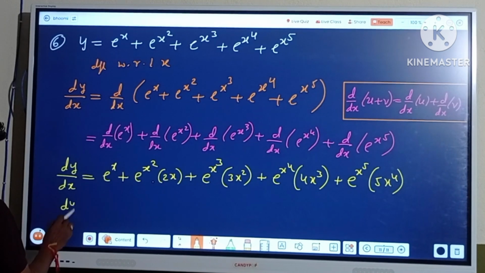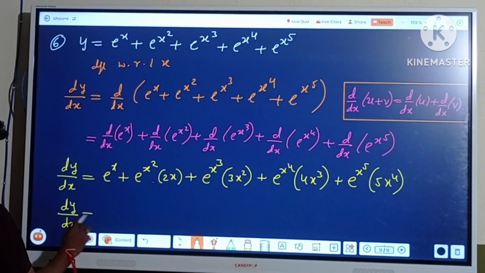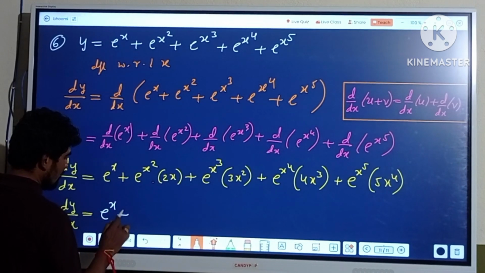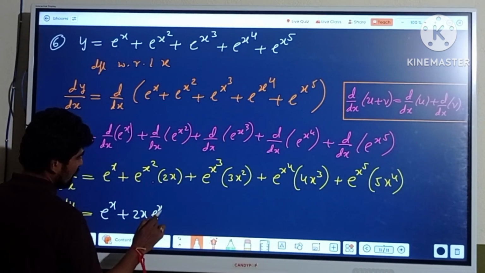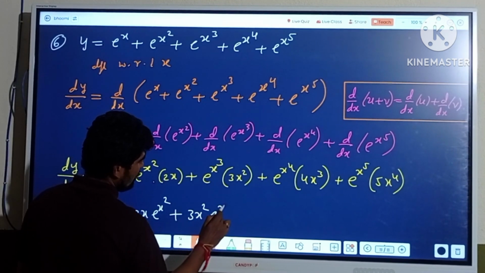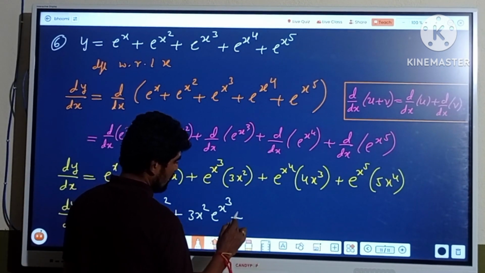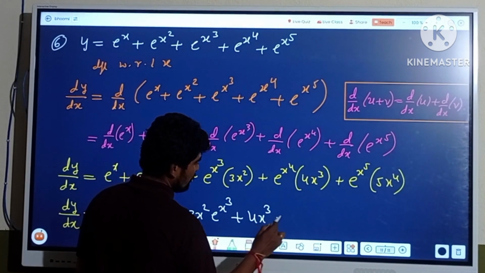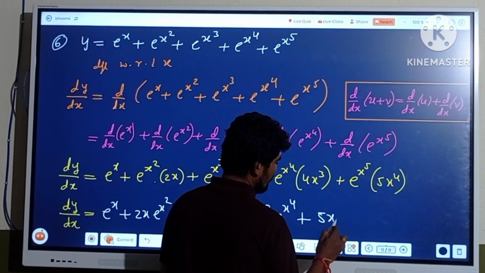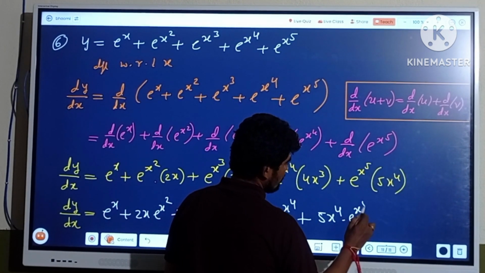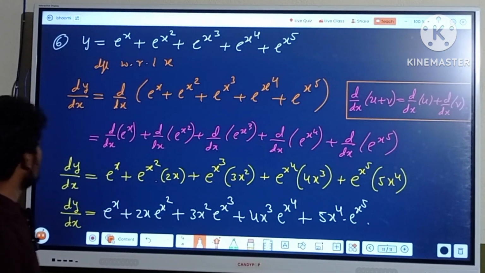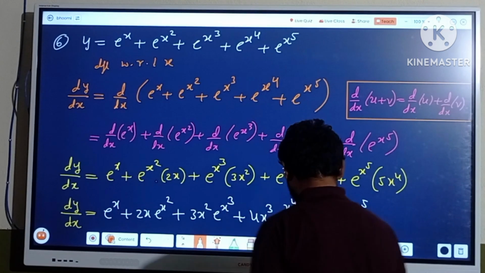So the final answer: dy by dx equals e power x plus 2x into e power x square plus 3x square into e power x cube plus 4x cube into e power x raised to 4 plus 5x raised to 4 into e power x raised to 5. I hope all of you understood. Now, the seventh question is